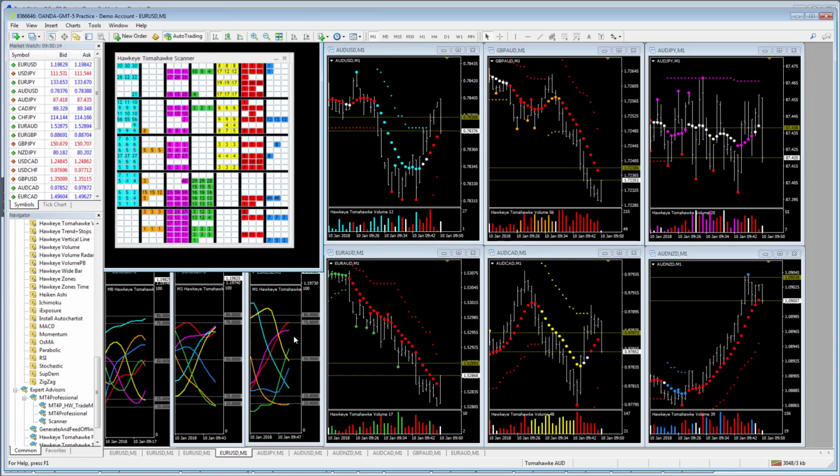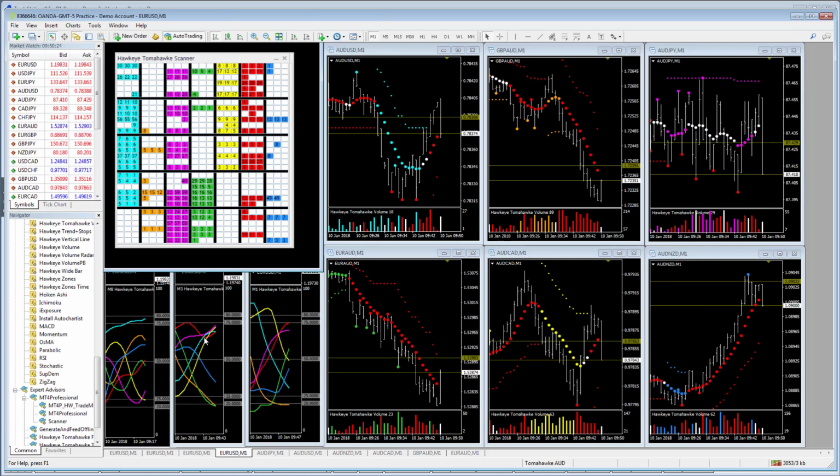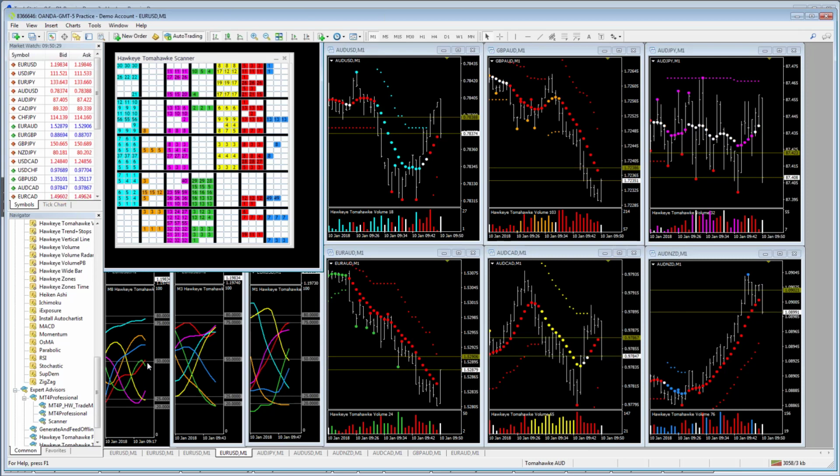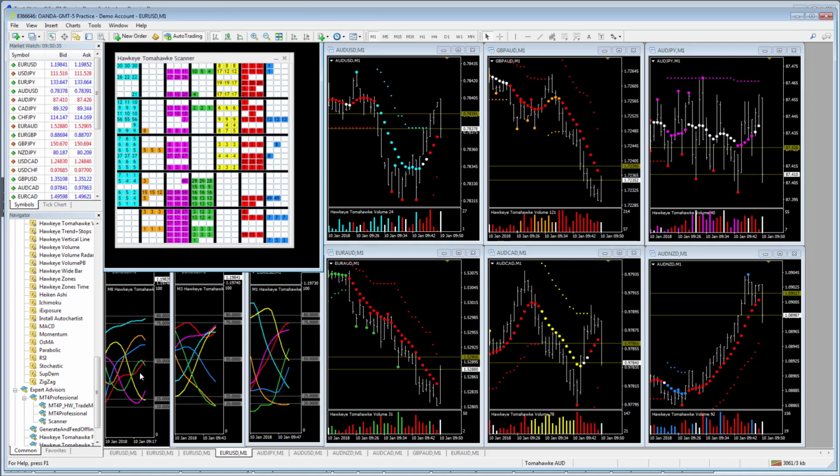Looking at the 1, 3, and 8, you can see definite trend of strength in the Australian. Here, the Australian has overbought and now cycled back down, is starting to trend back up. So that's trend of strength, trend of strength. Longer term, trend of strength. So those are all good, 3 good indications that you're going to continue with Australian dollar strength in the shorter term